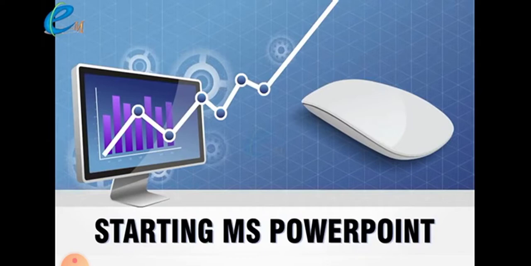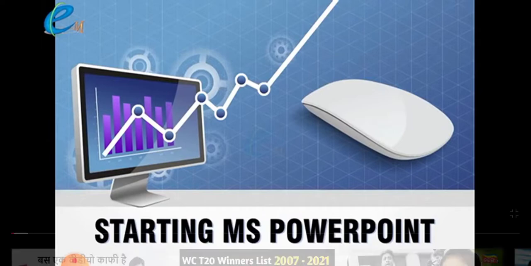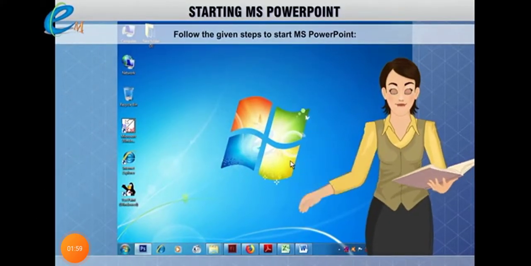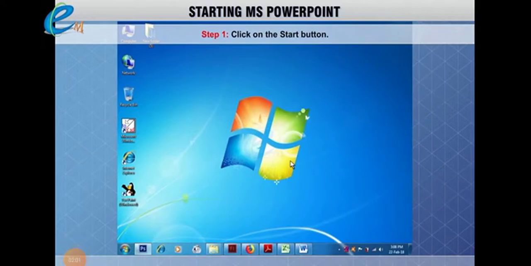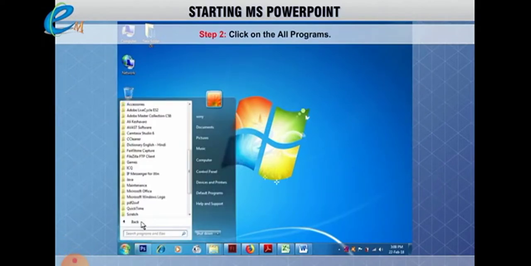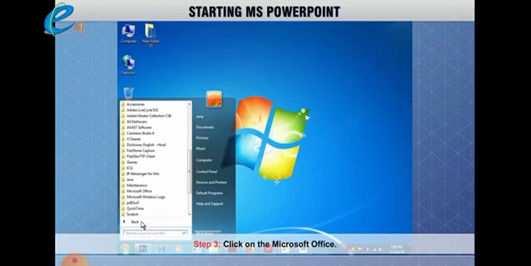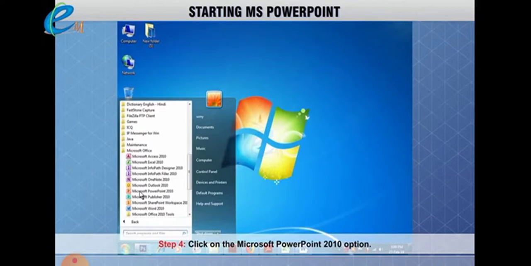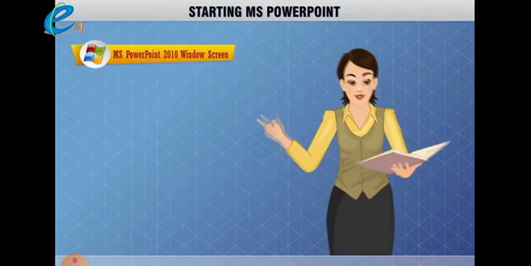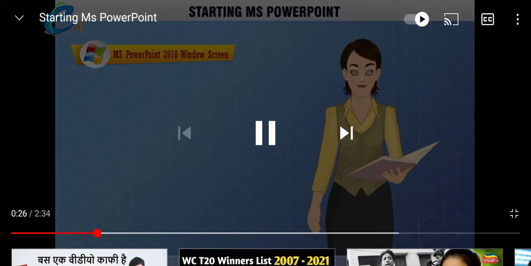You may see here in that picture, this one is the interface, and you have to just click on the Windows option and go to MS PowerPoint.